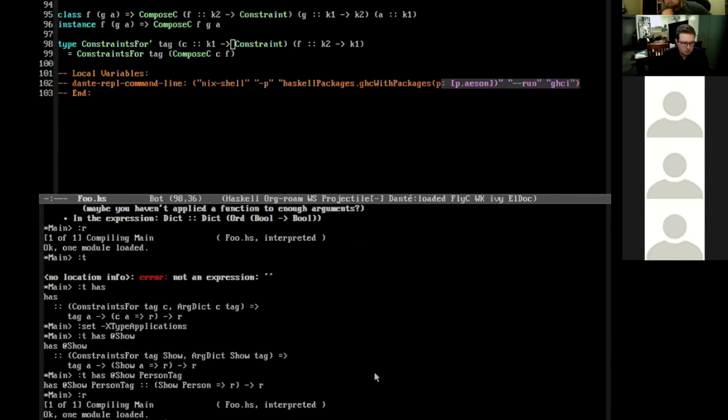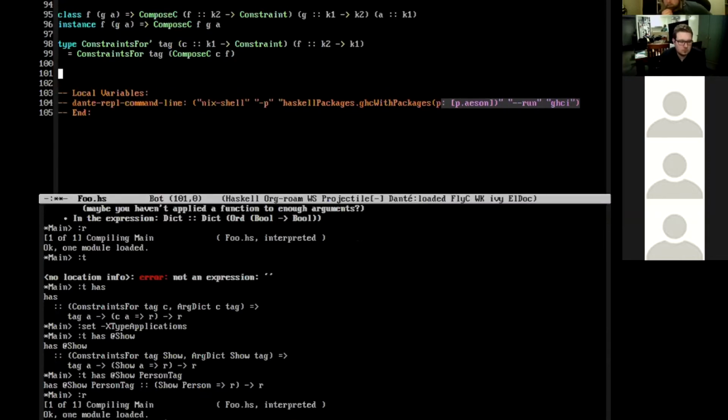And that gets us what we want. And then we can use that to write a lifted version of has. So it's has prime for some constraint constructor, some tag, and then some F.